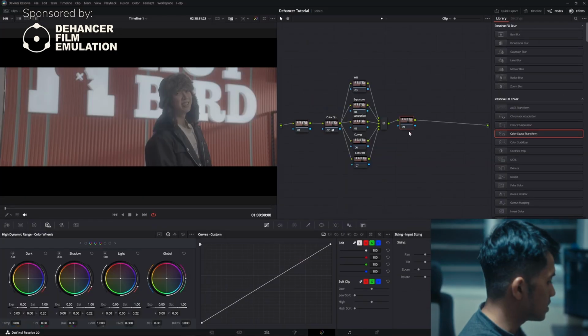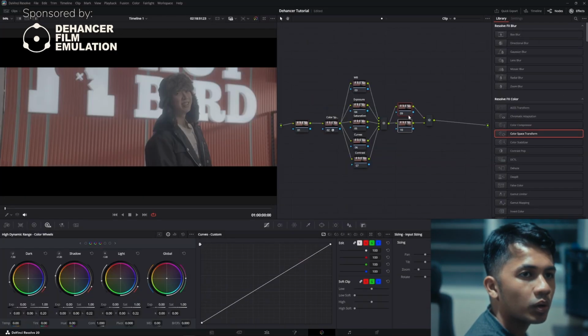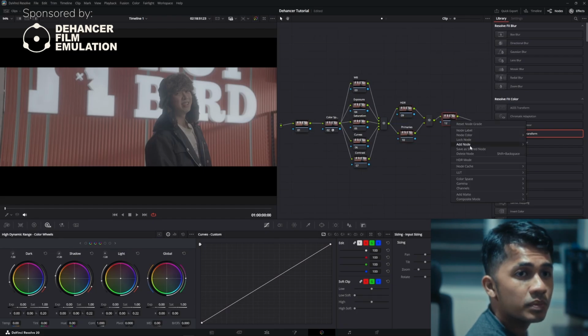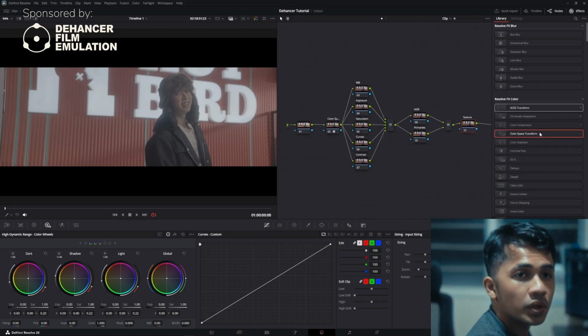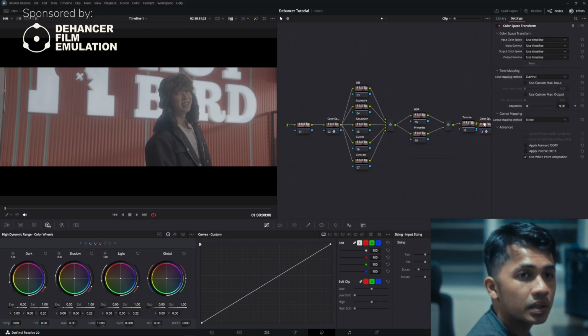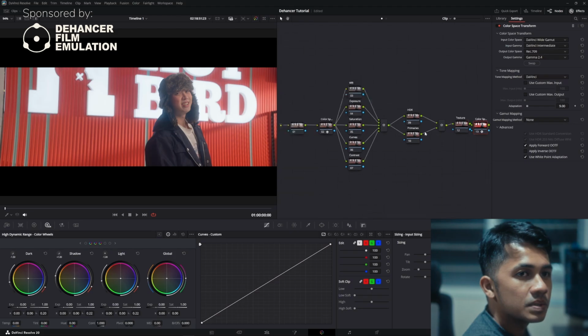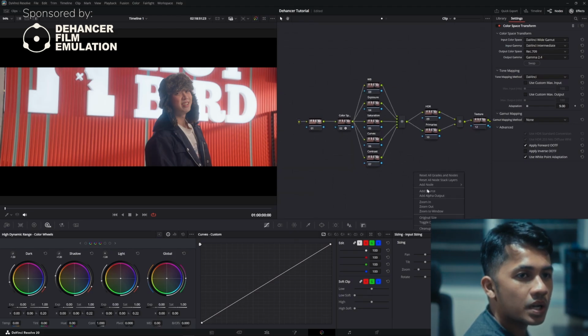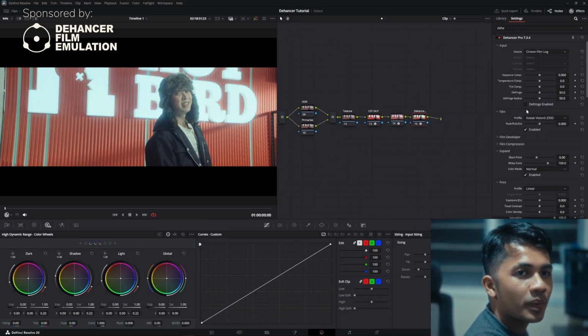After this, we're going to set 2 nodes here, and this is going to be our primaries and our HDR. If you want to add another node after this, it can be your texture. We're going to start converting this into a Rec 709 color space. Now that we've done this, we've got more or less our system that's already set up. So now that we're back in Dehancer,